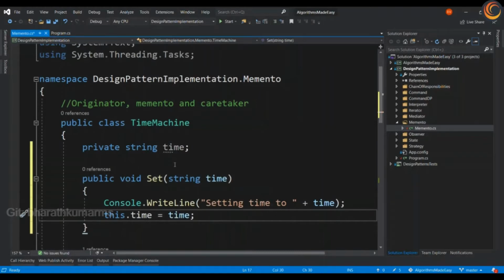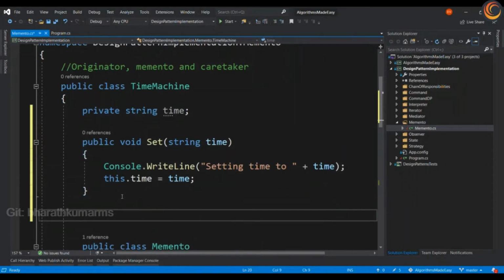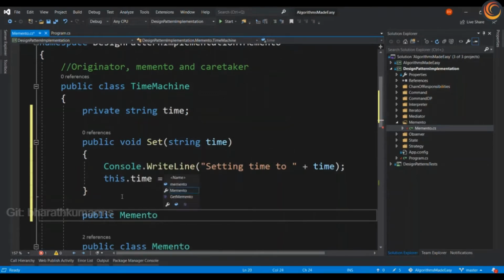So whenever a time machine class is created, the current time which is supplied to the time machine class is assigned to it. Next, we will create a save to memento function. So whatever time that is set to the time machine class has to be known to the memento as well.